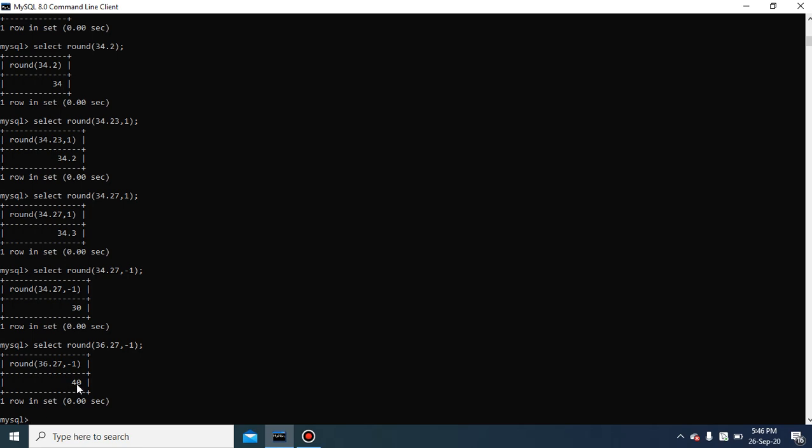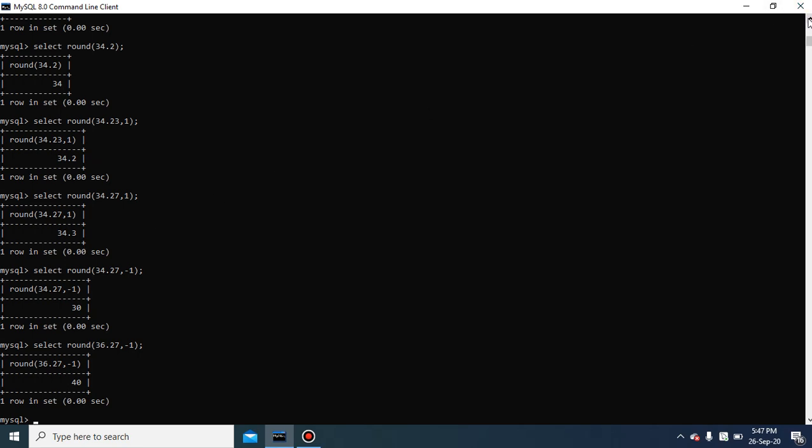So you have to remember these two things: when a positive number is there, what will be the output, and when a negative number is there, what will be the output. It means -1 rounds off to the nearest tens place, and simply if after the comma a positive 1 is there, it will round off to one decimal place. So these 3 functions are the numeric functions in your syllabus. There are many numeric functions, but because of the lockdown the syllabus got reduced, that is why only 3 you have to learn in numeric functions. Very few, only 3, and the rest we have seen in the string functions.